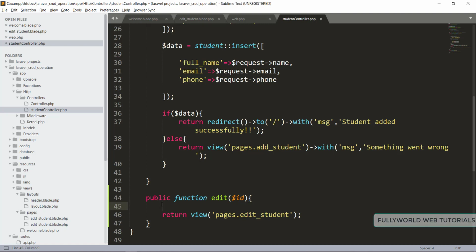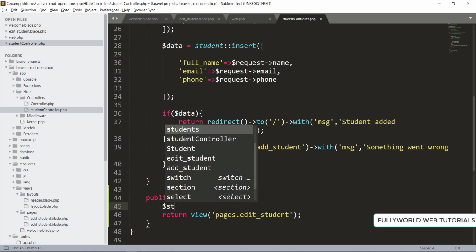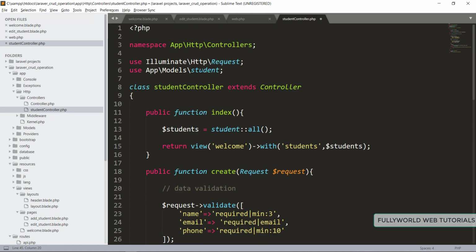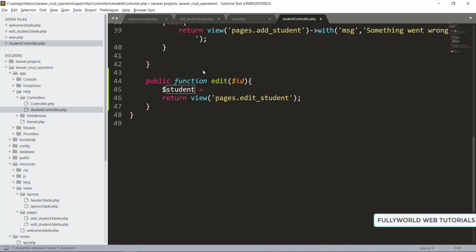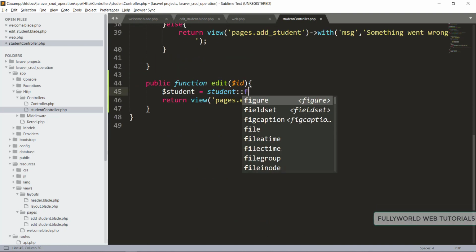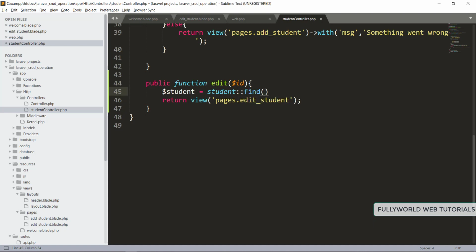Here I'm going to write our $student, and here we are going to use our student model, and then we are going to find it with the help of the id.